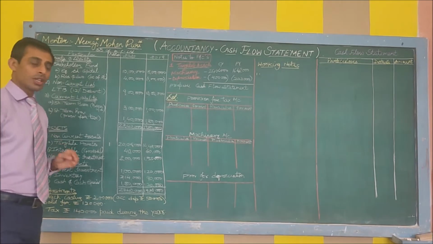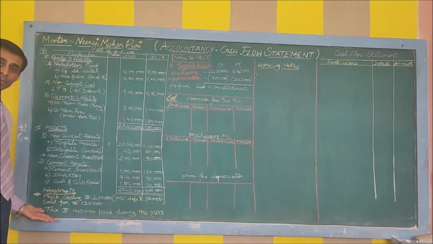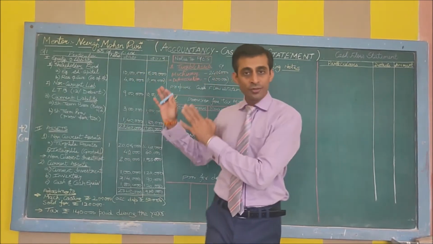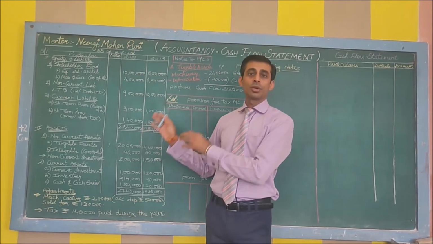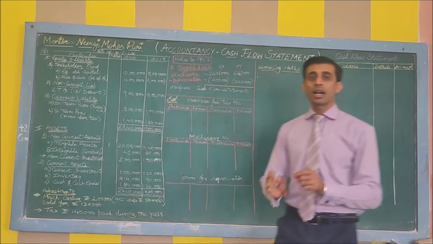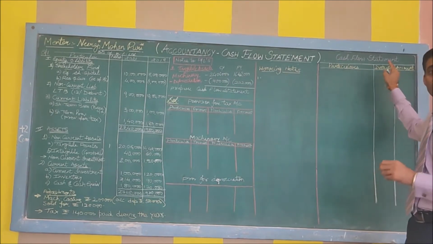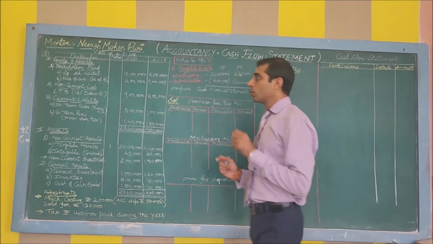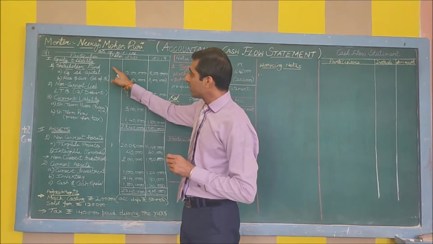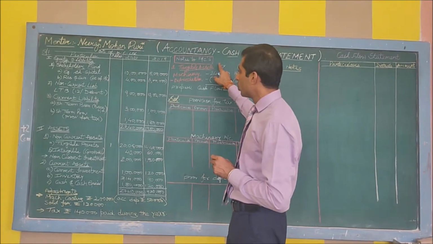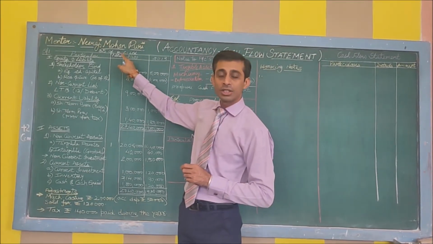The third part of the question is the adjustments. So these 3 parts of the question we have to use. Using this information, we solve one complete cash flow statement sum. There is a rule. The rule is every item right from here till the end which is given inside the notes or in your balance sheet.